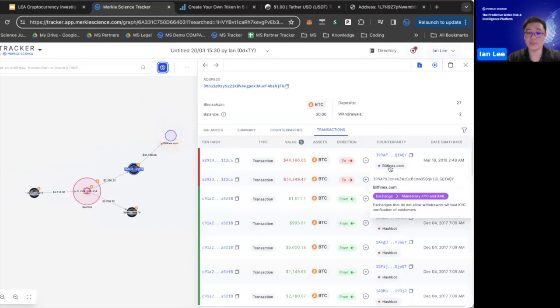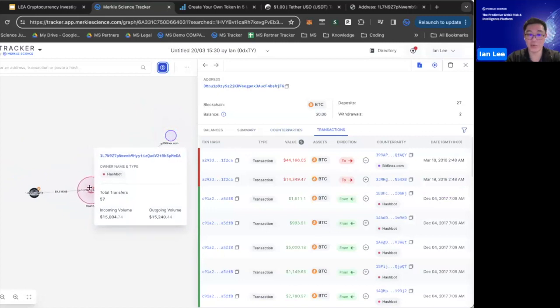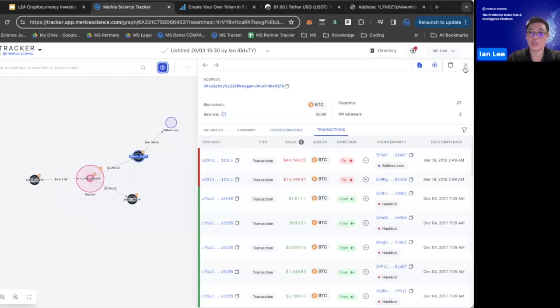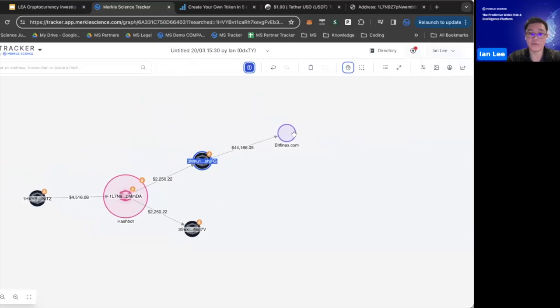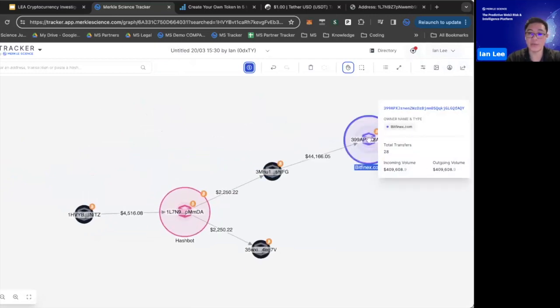So if my goal was simply to find out who controls this Hashbot wallet, then this act of following the money into this wallet and going into Bitfinex already provides me with my first avenue, because knowing that funds have gone into Bitfinex, and knowing that it is an exchange with mandatory KYC